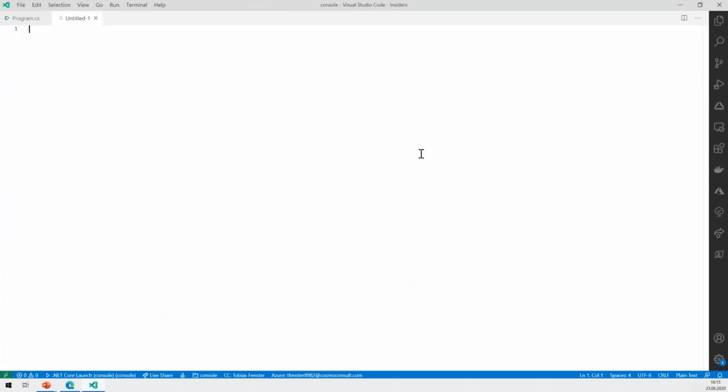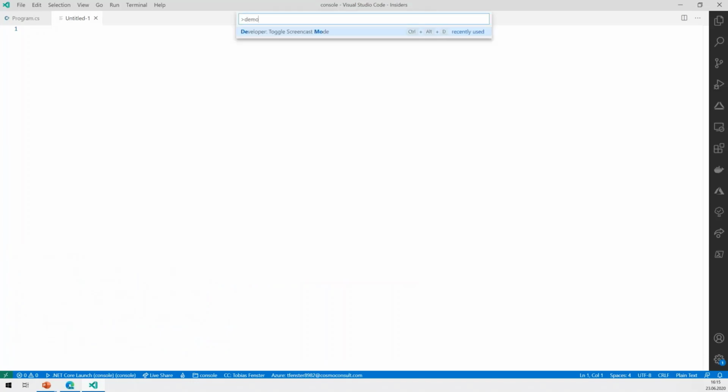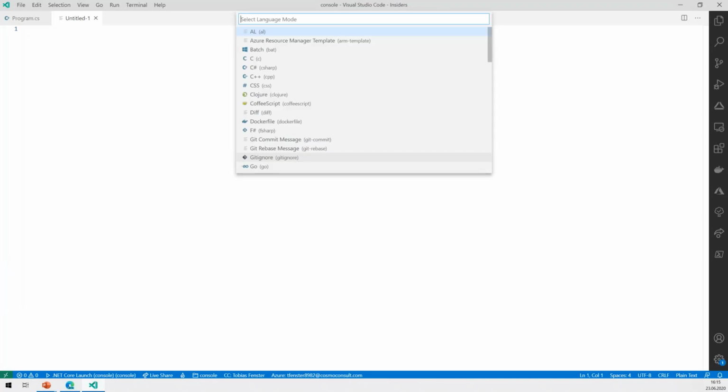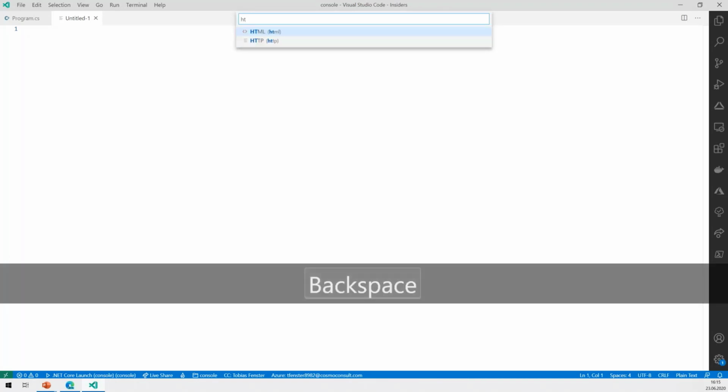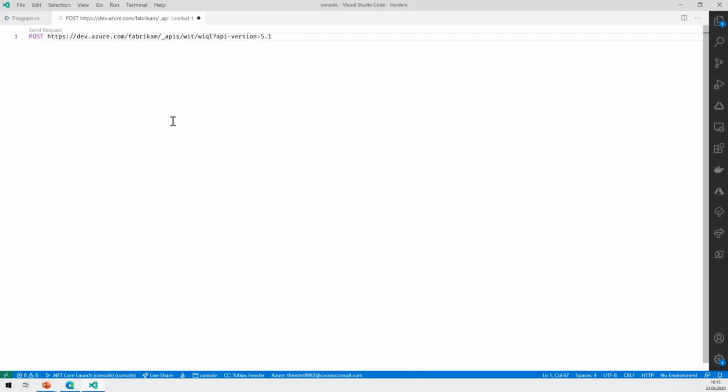So I have a completely empty page. I'll toggle the screencast so you see what I'm doing. And I'm now going to set the language mode to HTTP. So now we have the HTTP mode enabled, and I'll just paste the request that we've seen before.